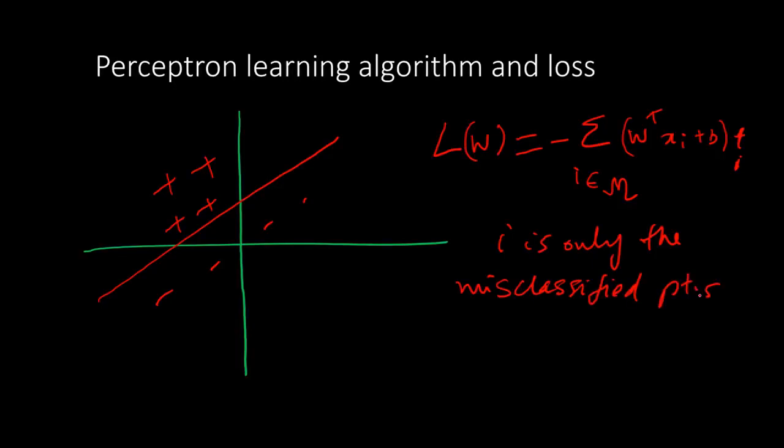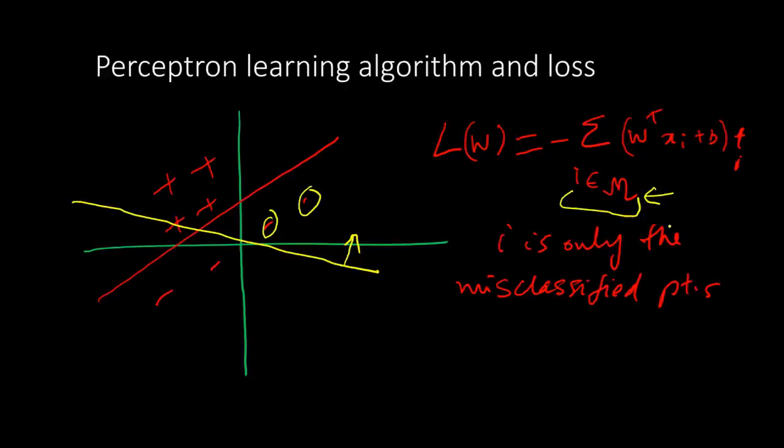So what does this mean? Let's say there's a point that is correctly classified. So let's first draw a classifier that has not converged yet. Let's say we start with some arbitrary classifier and it is oriented in this manner, that on the arrow side are all the positives, on the other side are all the negatives. So these 2 points are misclassified. They are on the positive side, they should have been on the negative side. So these 2 points will figure in this set M. All the other points that you see will not be in the set M.